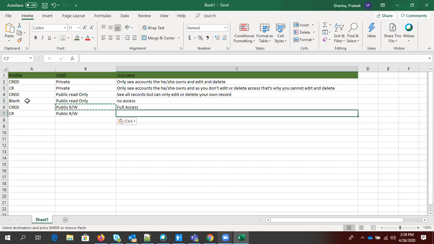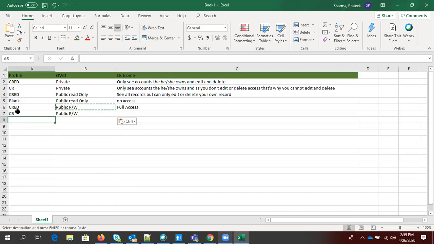But can't he delete on others' accounts like with public read write OWD? Who is speaking? Aman. See, Aman, as it has only create or read access, it doesn't have edit or delete access. So it doesn't matter who is owning the account. He won't be able to. Yeah, I got it. He won't be able to edit or delete, right?